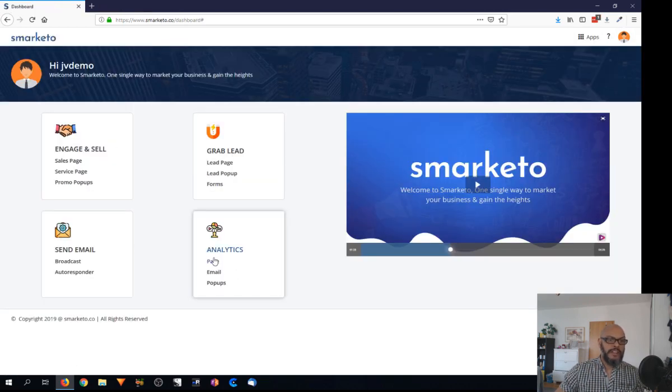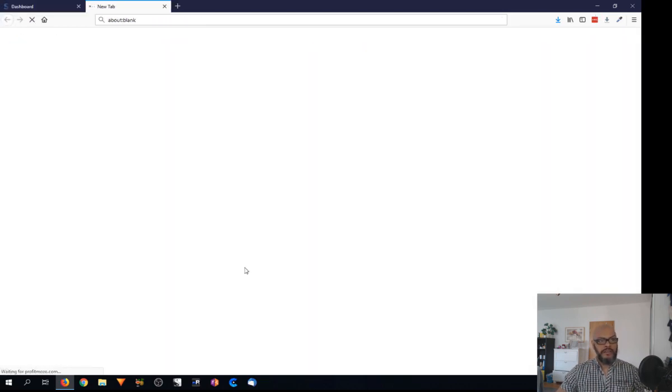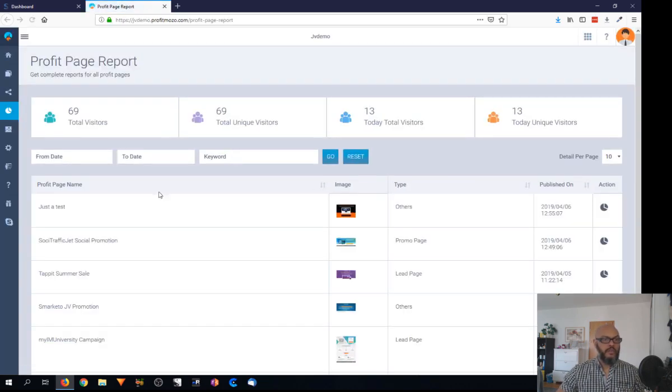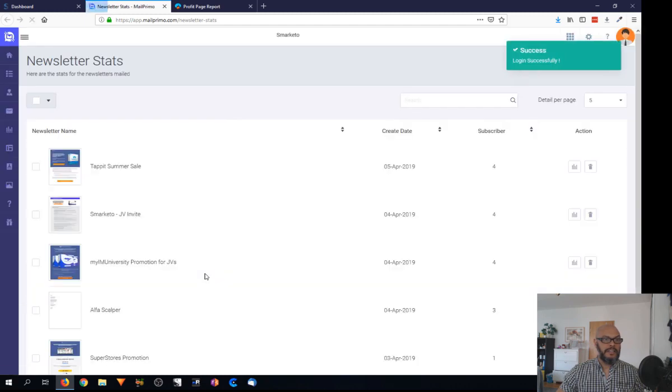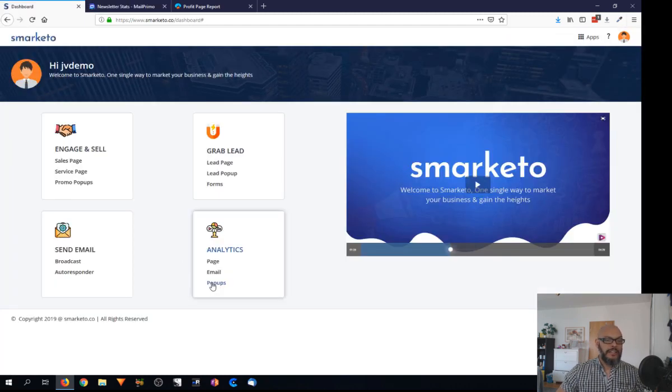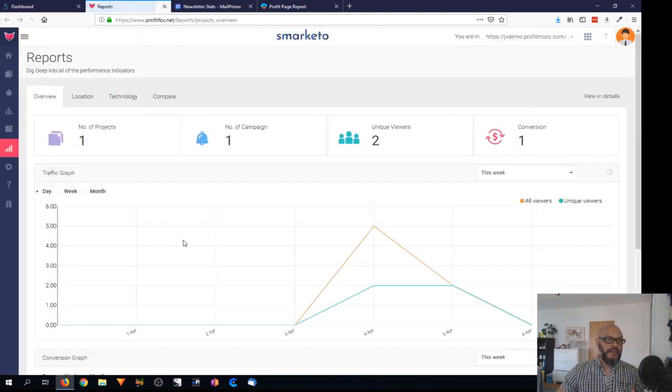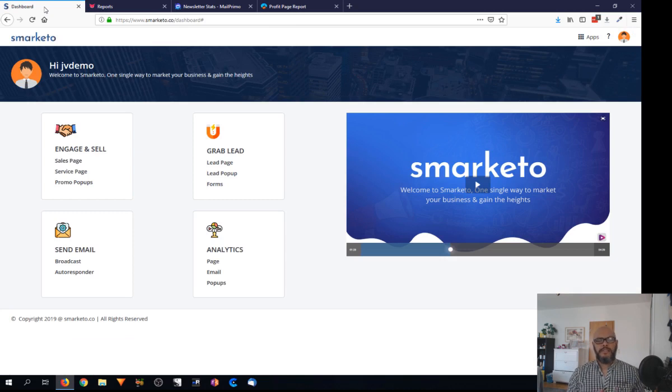And once that's been done, then you will have analytics on pages, you will have analytics on emails, and then you have analytics on pop-ups that you create with the other programs, as you can see. So basically, this is the program. I think it's a program that's very complete. It offers you everything. The kind of